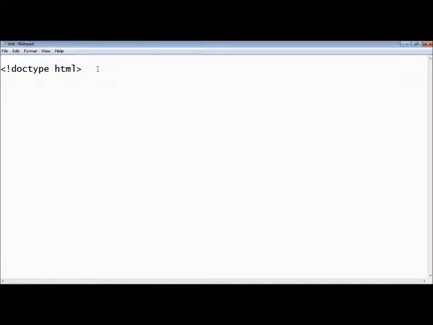Now, the very first thing that comes after the doctype declaration is the HTML element. And we create that by typing in HTML. And then if you remember from the first video, this is the opening tag, and we need a closing tag. So we put a slash here. Now, this really is not a section of our HTML document. It's more like a wrapper. And that is everything in our document will go between this HTML element, between this opening tag,